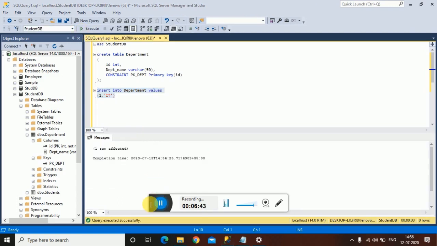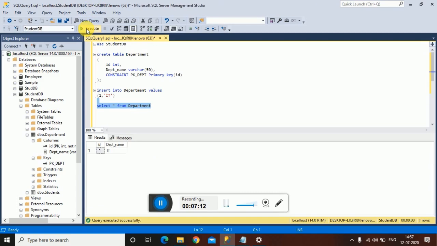Don't worry if you don't know about the insert statement. We'll watch exactly how the insert statement works and what its syntax is in our upcoming videos. Now we can check, so our one value is inserted.